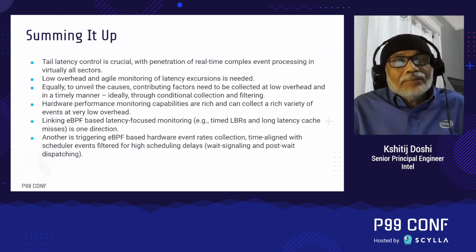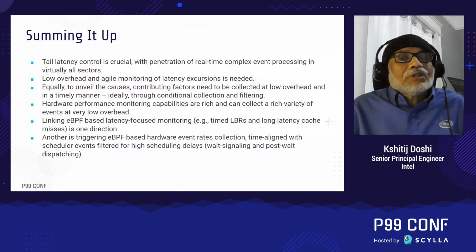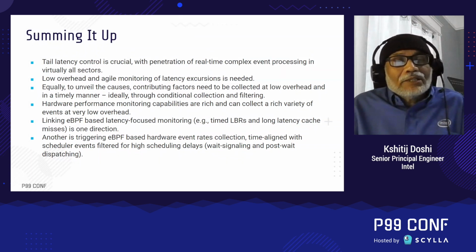At the same time, we need the ability to do conditional collection and filtering, for which eBPF is eminently useful, and that can then be aligned with hardware performance monitoring capabilities, which are available in modern processors. They are rich. They can collect a very large variety of events at very low overhead, and by linking those two capabilities,